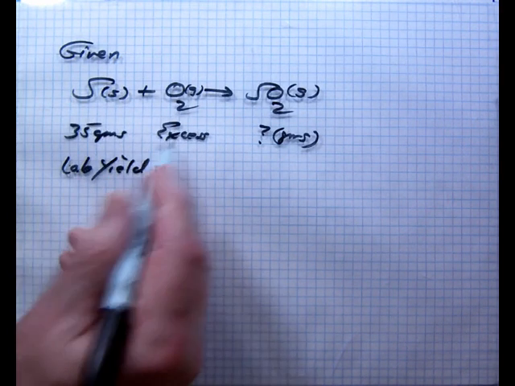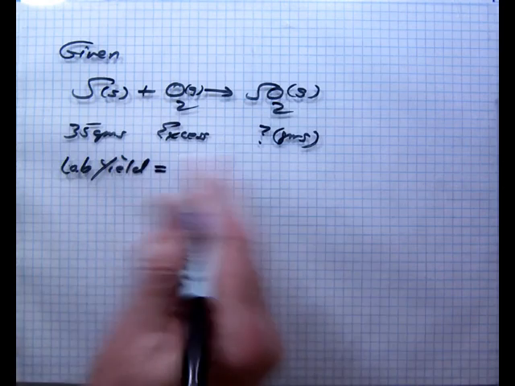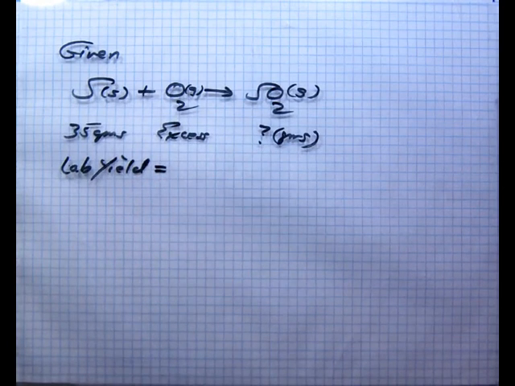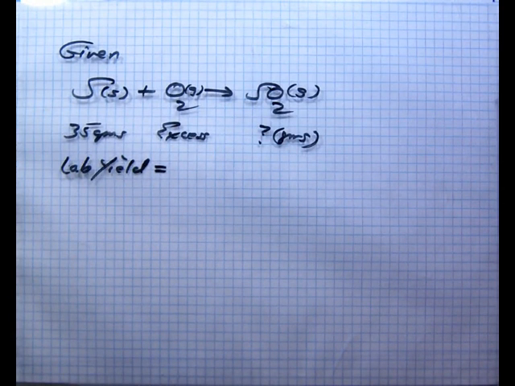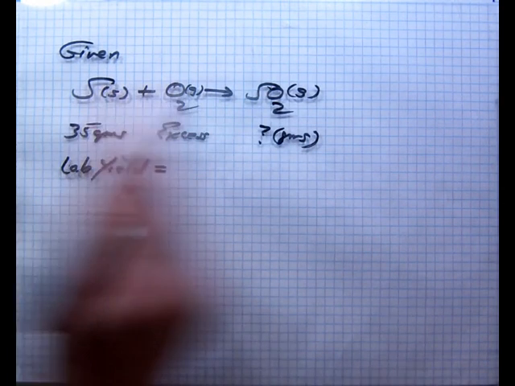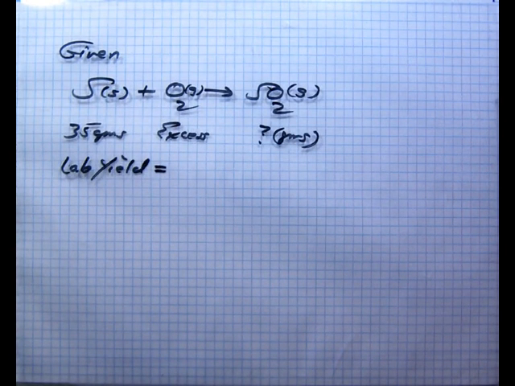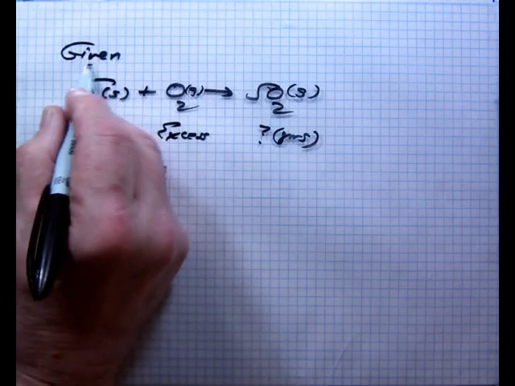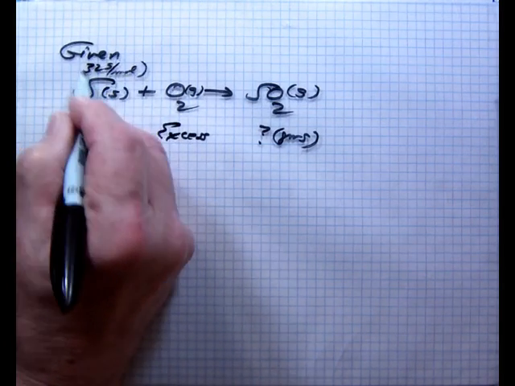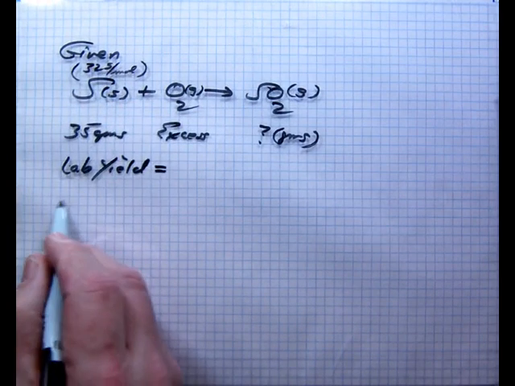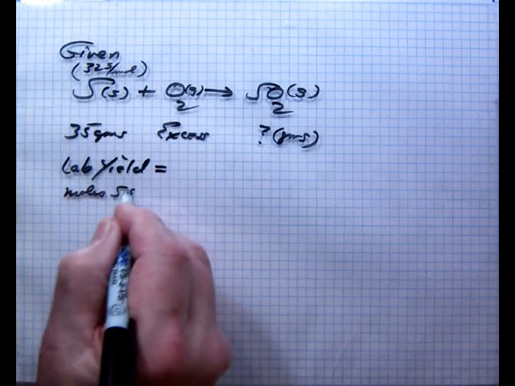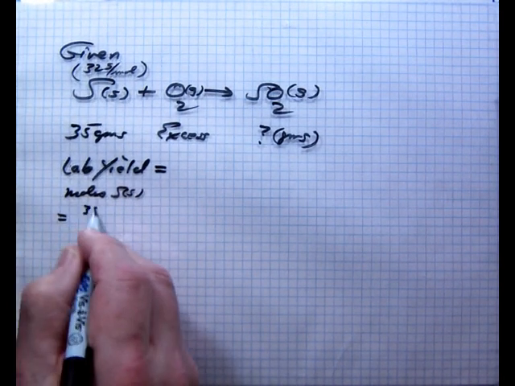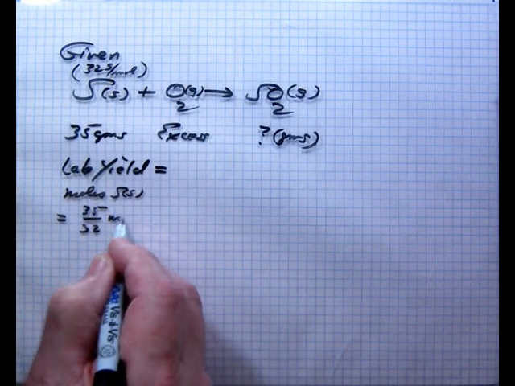And you're putting 35 grams in an excess of O2, or you can specify so many grams of that. Well, how many grams of the SO2 are you going to generate? Well, the calculation from the equation in the ratios is called theoretical yield. So the first thing we need to do is convert to moles. Well, sulfur is 32 grams per mole. Look it up on the periodic table, divide into 35. So the moles of sulfur in this problem is 35 over 32 mole sulfur,